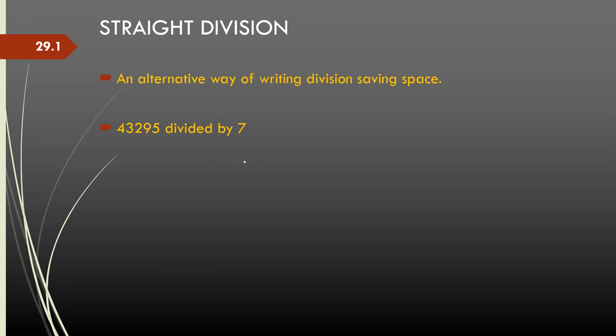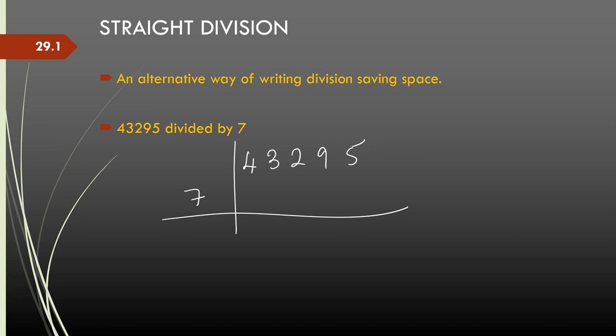it is just a representation which is done as a straight division, as opposed to a long division which tends to take up a lot of space. So, if I am dividing 43295 by 7, 7 6s are 42, you all know. Then the remainder is 1, I carry to the next digit as 10. So, this becomes 12, the next dividend is 12. So, 12 is divided by 7 again. 7 ones are 7, 5 is the remainder, gets added to the next digit as 50.